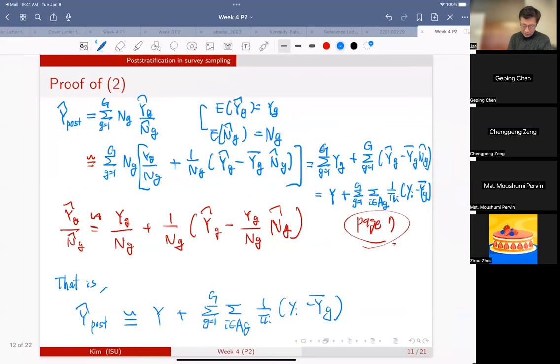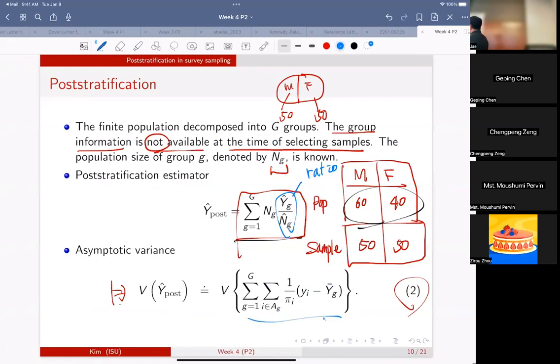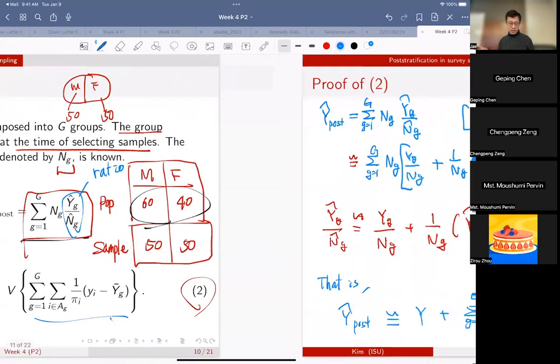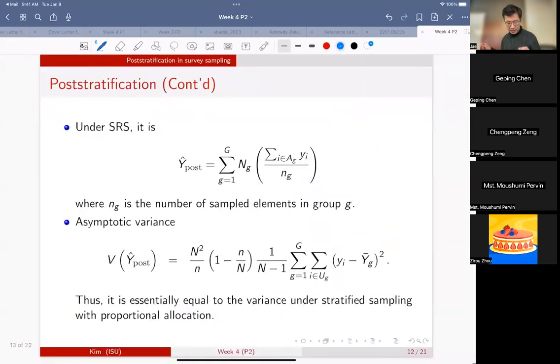Okay, so now let's try to understand this formula further. So this is for the general sampling design, right? And now let's try to understand this formula further using simple random sampling, right? So let's use a simple random sampling, then try to understand what it is. So basically, we know this formula is